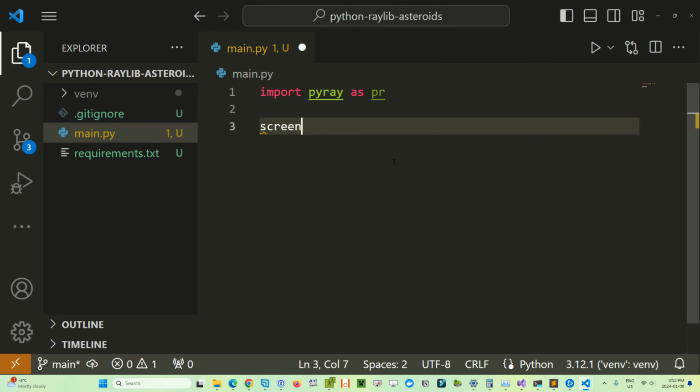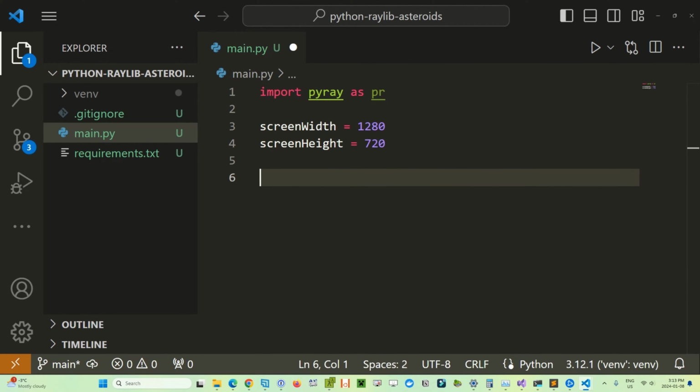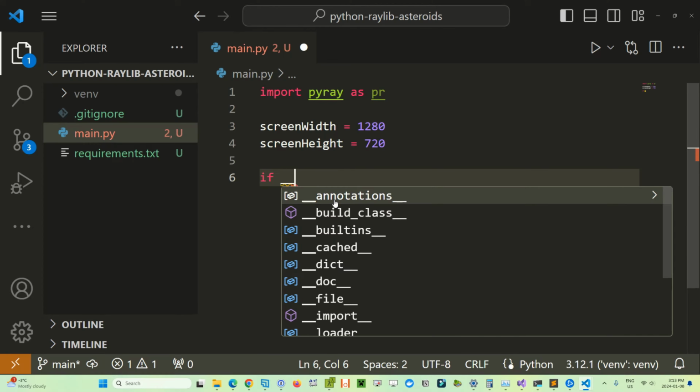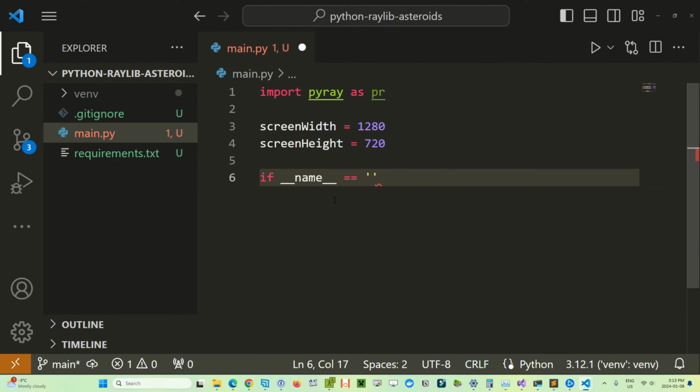And then we're going to create two variables to match what we had in the C code. So screen width is 1280 and screen height equals 720. And now we're going to create a Python main function, which looks something like this: if __name__ == "__main__":